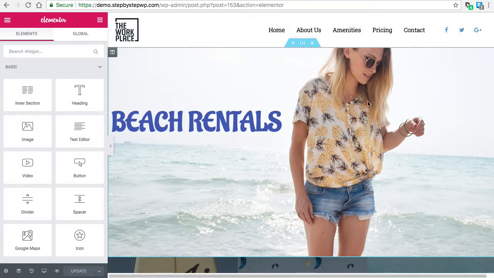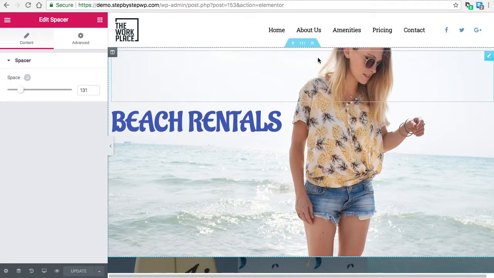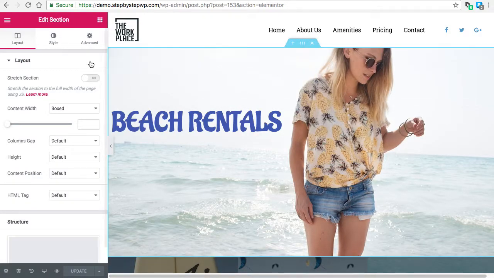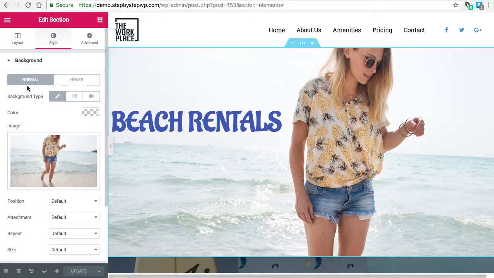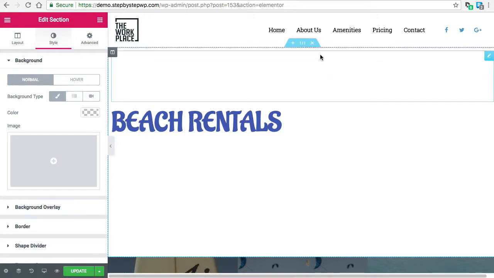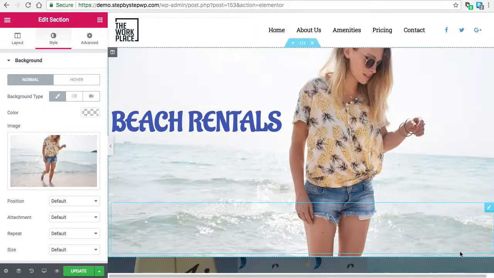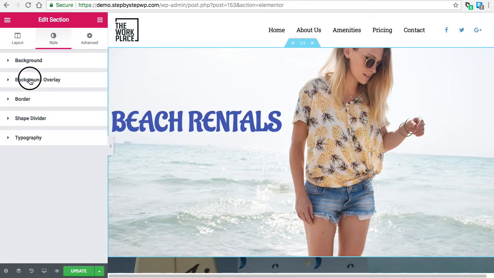And you'll see I have an image in the background of this section. If I choose Edit Section, you will see under Style, Classic. Here's the image that I used. I just did Edit Section, clicked the image here, and put that baby in there. So now we have an image in the background, and what most people are accustomed to is adding a background